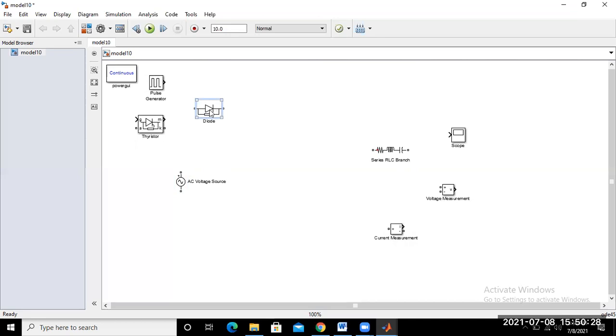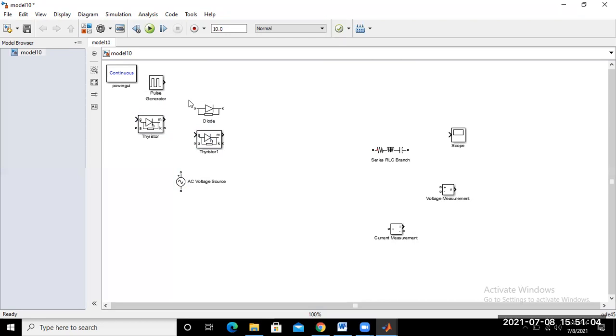We require 2 diodes and 2 SCRs, but available here is only one SCR and one diode. So how can we create one more diode or one more SCR? Double click and drag to the left point, so maybe create another SCR. Another method to bring one more diode or thyristor is to go to the Simulink library and drag again.